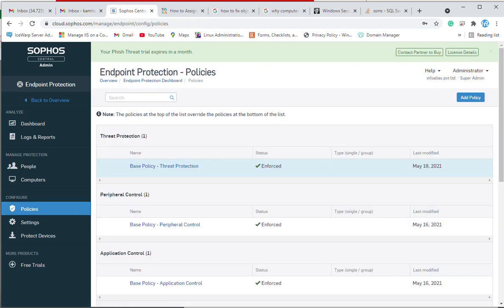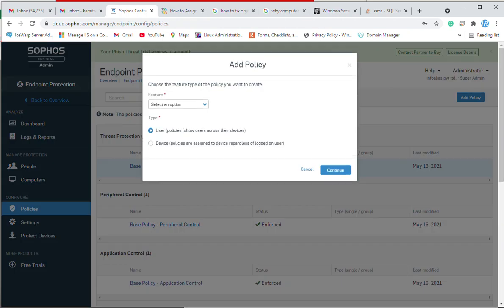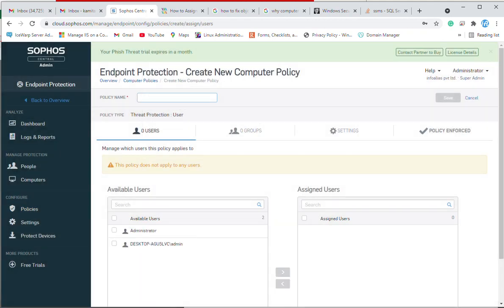So once you click on add policy, you need to select continue, and here you need to specify the policy name, like sales_team_threat, or you can specify external user. It completely depends on you what kind of name you want to assign your policy.